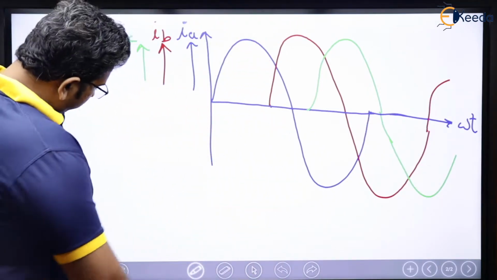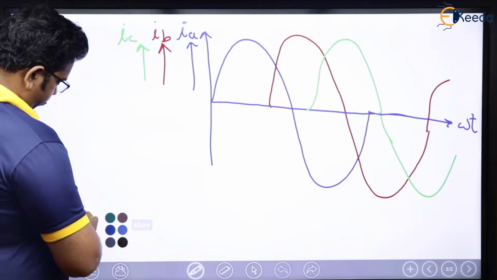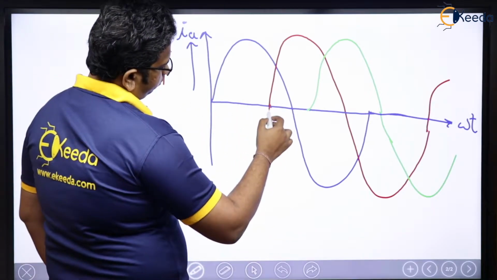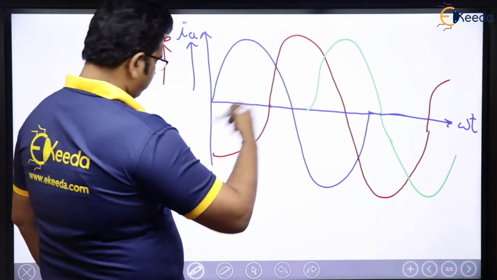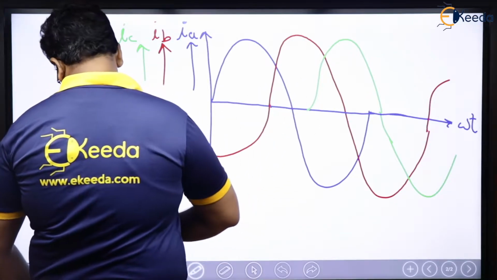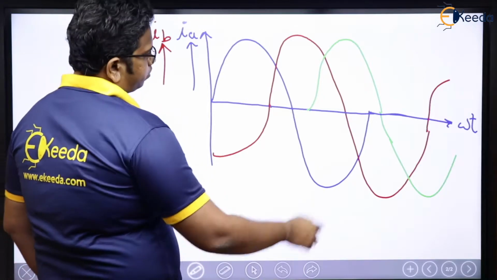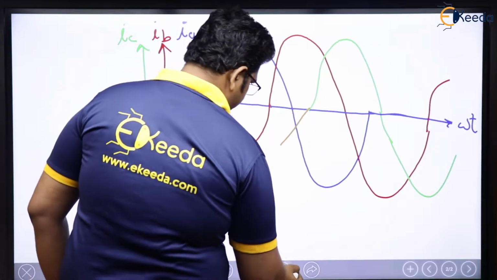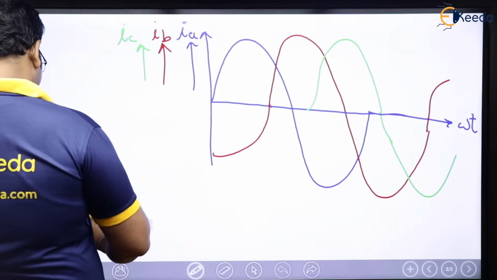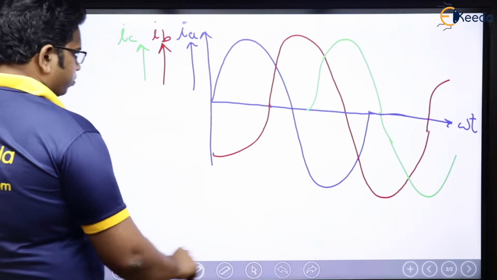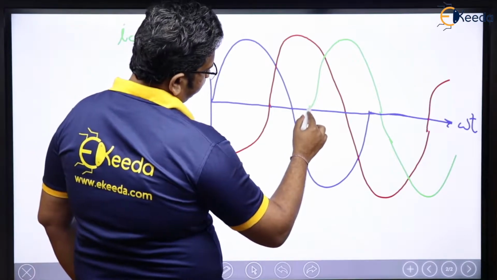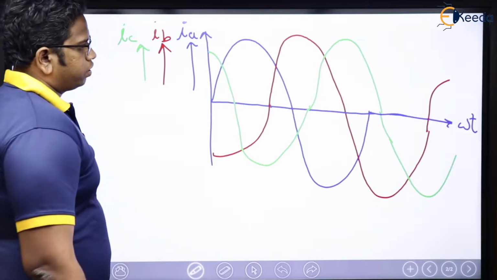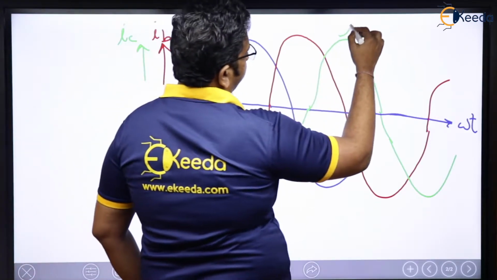Right? Now, let us join them. Let us join them like this. So, this has to start somewhere here. And this one, green, let us say, has to start from, like this, right? Now this is IB, this is IC,